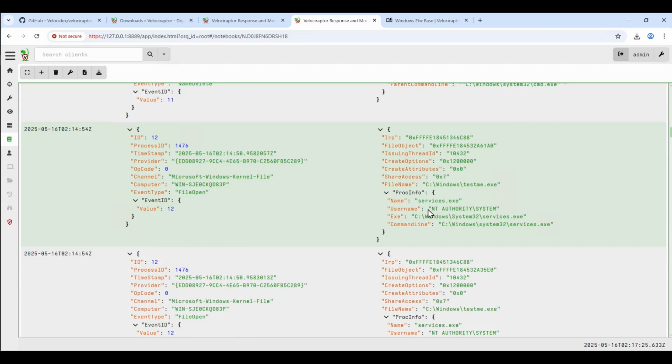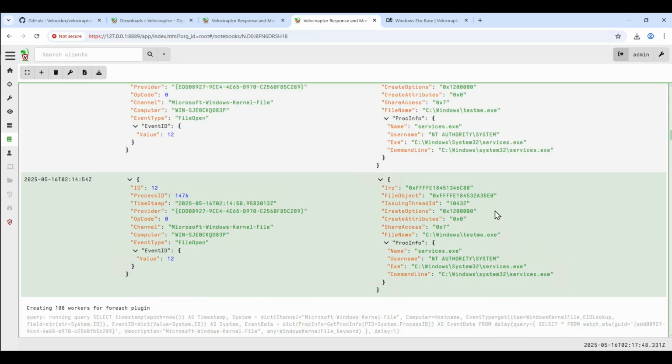And then over here, we also have a very interesting thing. We have file open, okay. So this file is opened again, but who is opening it? Okay, it's services.exe. So the service control manager is actually opening the file. Why? Because this is a service file that's running, right? So the sequence is about running the service, right? So the service control manager opens